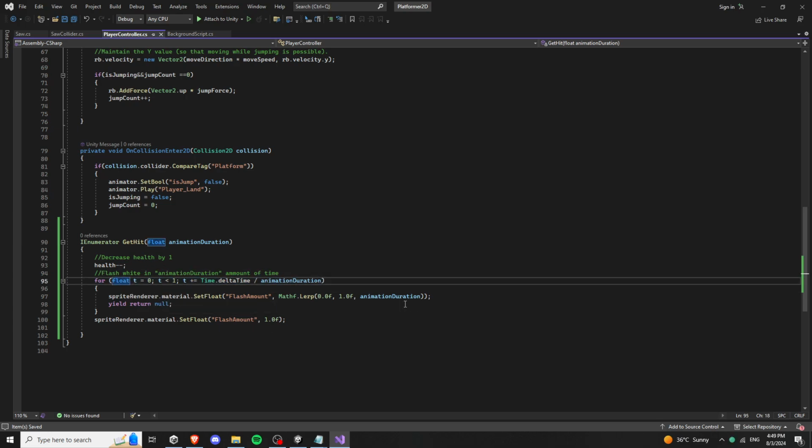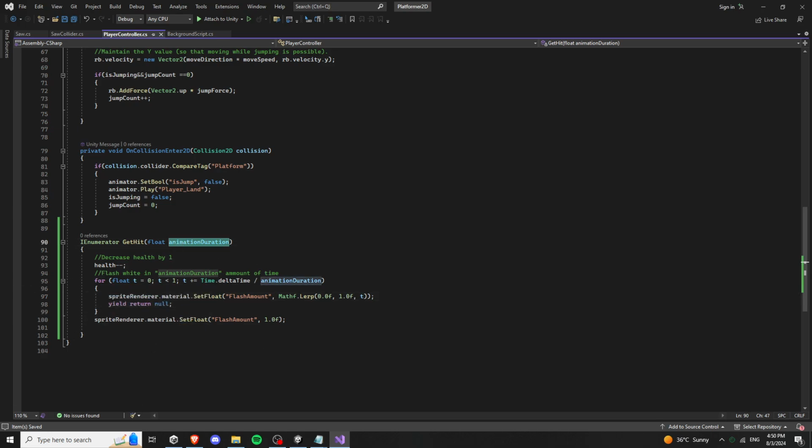And also I wrote this wrong. This is T. Ah, okay. So this happens every frame for this amount of time, animation duration,